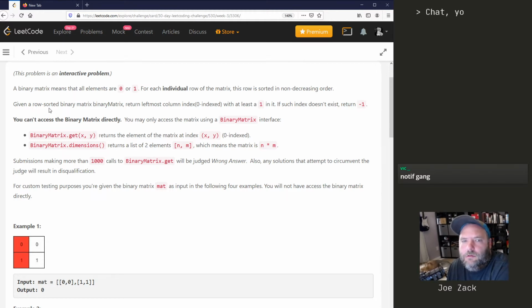Given a row sorted binary matrix called binary matrix, return the leftmost column with at least a single 1 in it. If such an index doesn't exist,